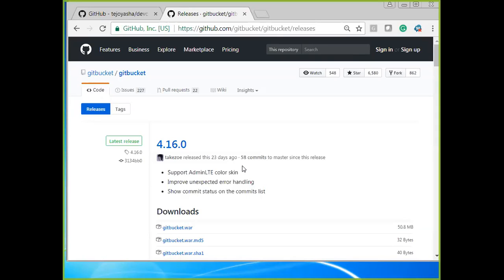What Java version are you using? 1.8, right? You should know those versions because in an interview they will definitely ask what Java you are using, what GitBucket you are using, and what Git version.